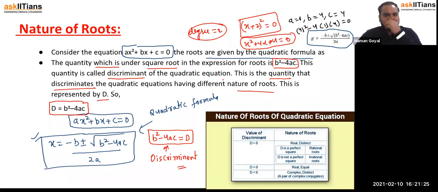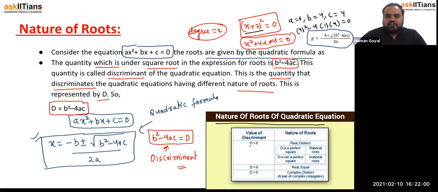Okay. So it means what? If a quadratic equation has only one root, meaning both roots are same, then in that case D is 0 and the quadratic equation is a perfect square. If you see here, (x plus 2) whole square is a perfect square of x plus 2, right? So we can say that if D for any quadratic equation is 0, then the equation becomes what? A perfect square. Okay. So this is known as nature of roots.